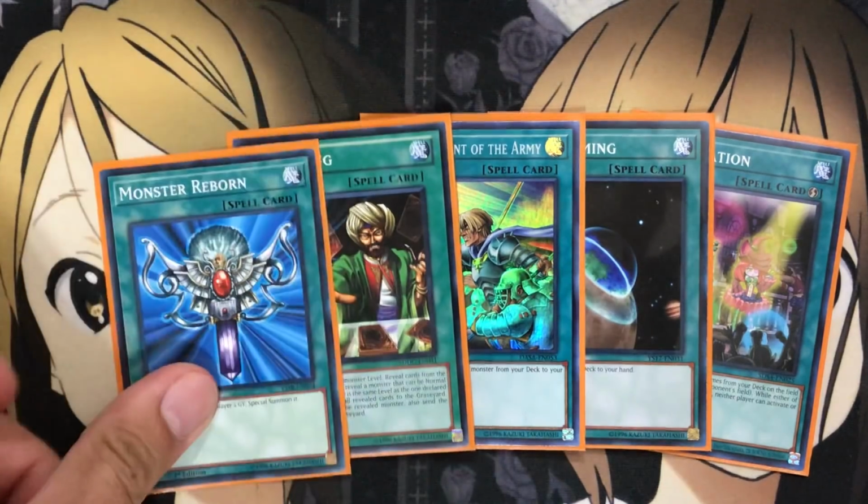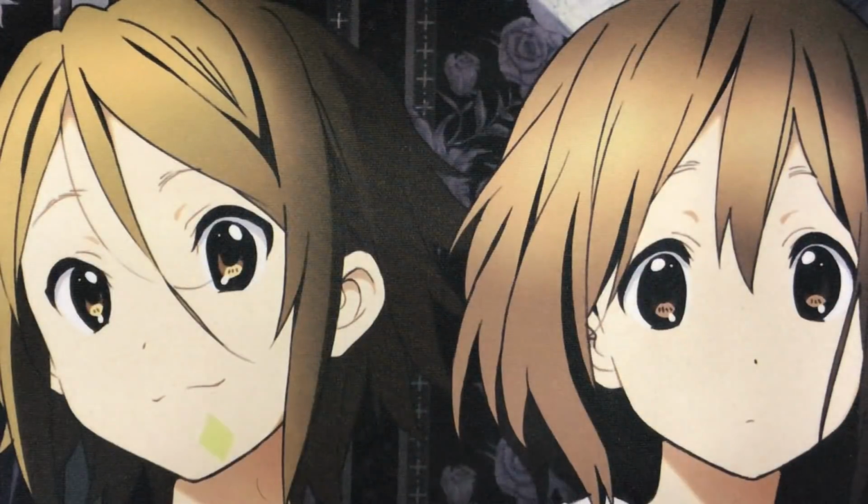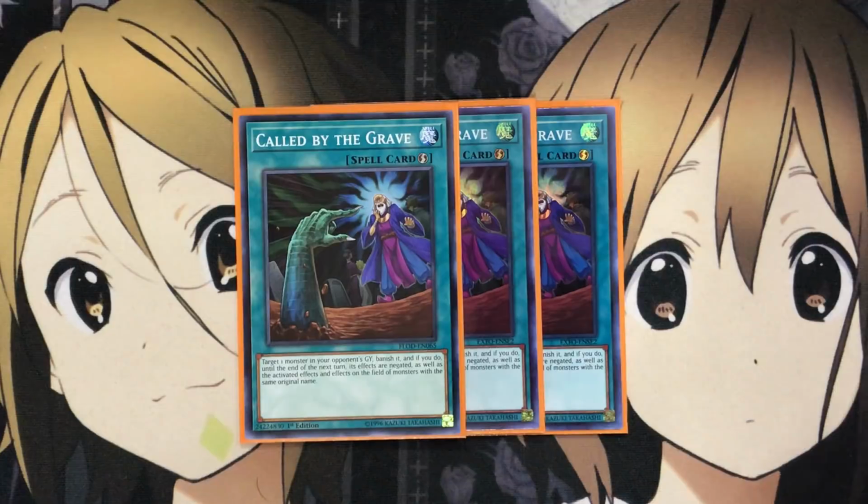More special summoning also comes in handy with the 1 Monster Reborn that I run in the deck just for more resources onto the field, since the Gaia Fusion spell doesn't let you banish from the graveyard. It has to be from hand or field, so getting it onto the field to use with Monster Reborn makes it all the better. And I also run 3 Call by the Grave just as a final spot for stopping